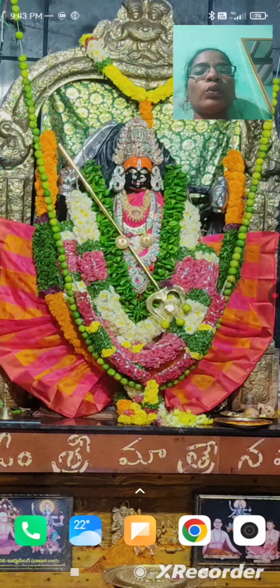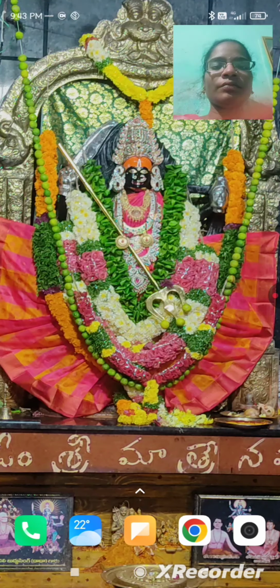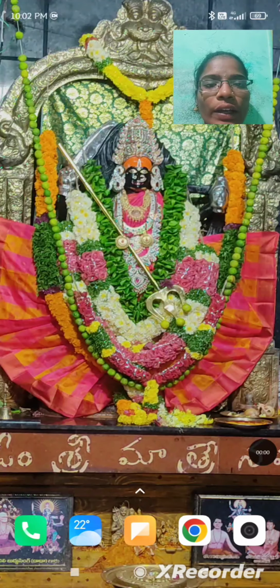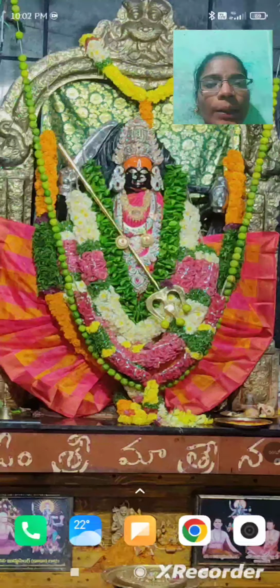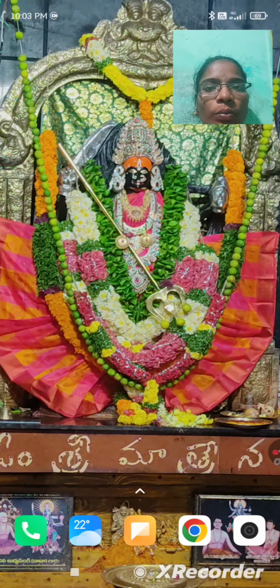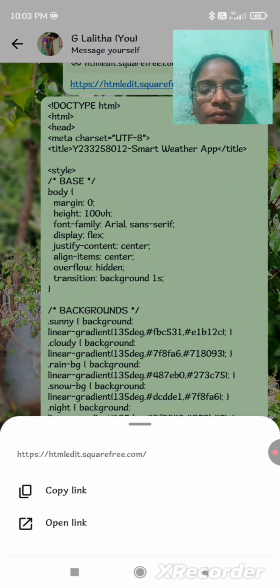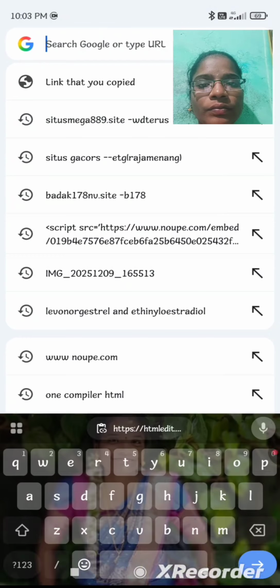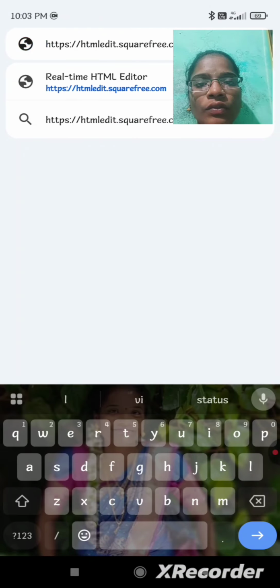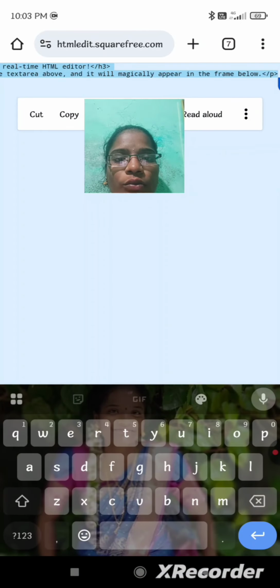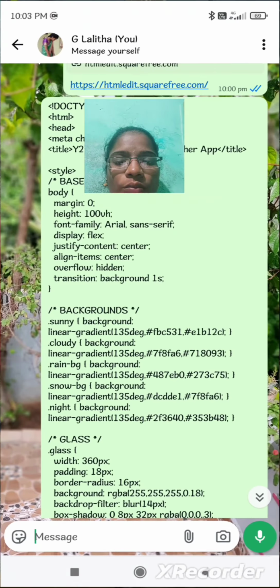For example, we can use it by using the code, that is Smart Weather API. Into an example, that is Smart Weather API. First we can open Google and click this website, copy this, we can see this website, and after that we can remove this line, and next example can be copy